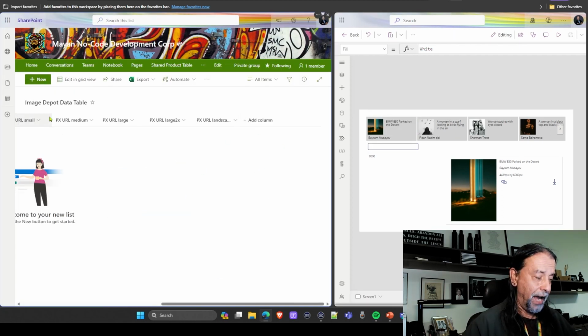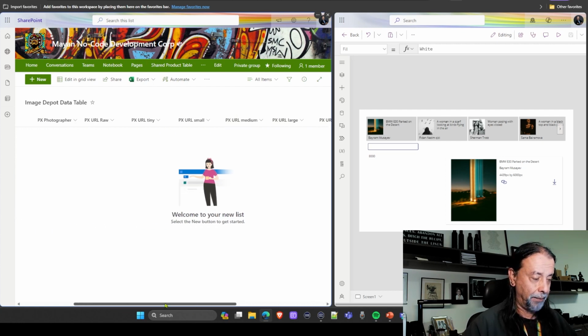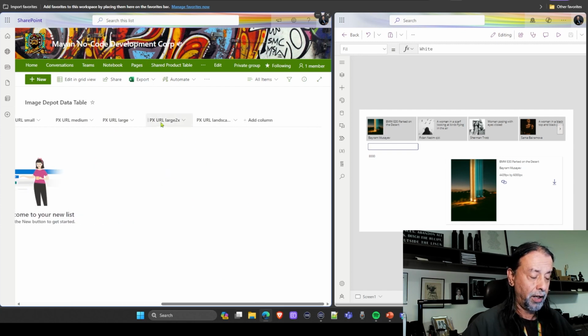Okay, so I've been adding columns here to my SharePoint list. Each of these matches the URL for one of the image formats that Pexels makes available to us. So quick recap again, they offer us, besides photographer information, a URL for the raw image. That's the highest resolution image that the photographer provided. And then you can get from tiny to small to medium, large, extra large, what they call